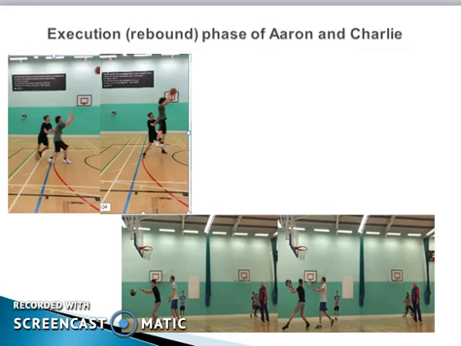And for the execution, you can see that Aaron had very good execution. He kept his defender behind him and kept him out of the way of the ball, which is very, very good. But he left a bit too early, which could lead to Charles being able to get round him and get the rebound. Whereas Charlie also left too early, and you can see that George could have easily got past him because there was a bit of space. They could have waited until the ball dropped and then got the rebound.